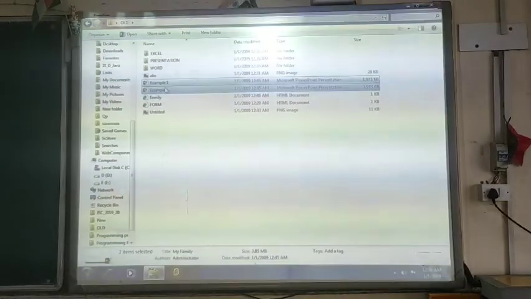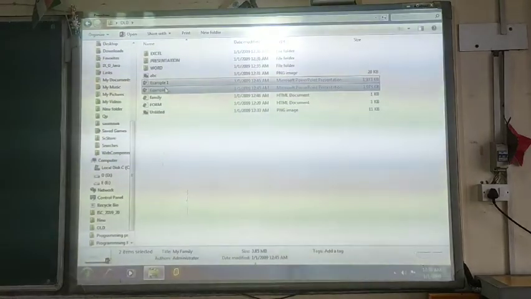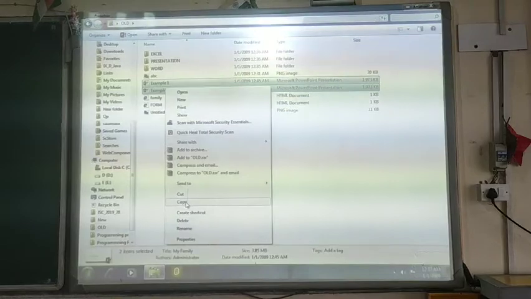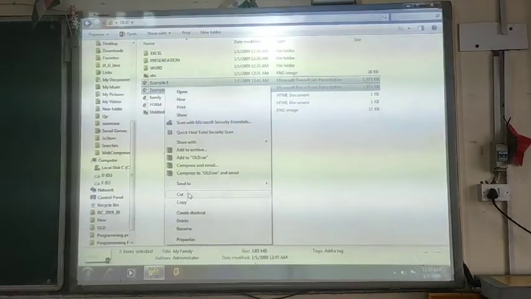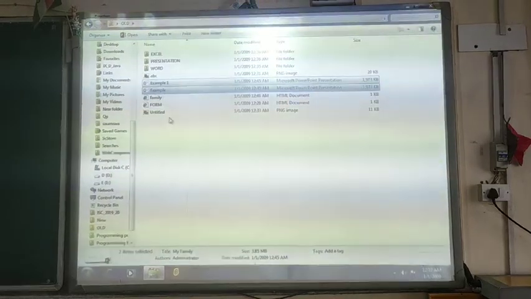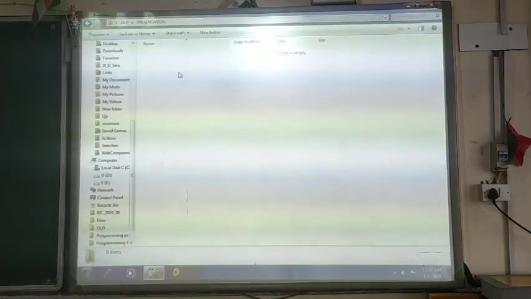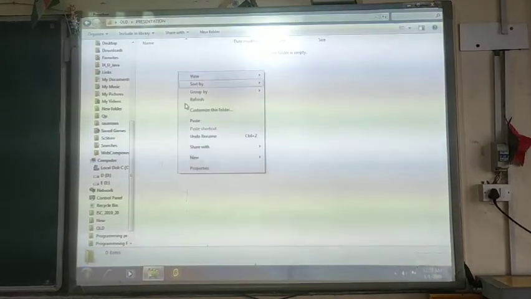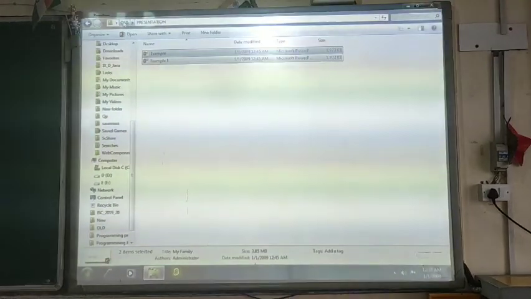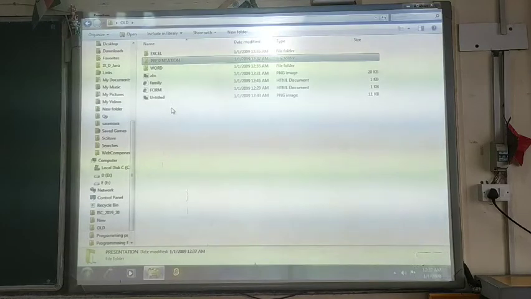Another method of moving files is to right click and, from the context menu, select the Cut option, then move to the presentation folder, right click your mouse and use the Paste option. The files have been moved here.